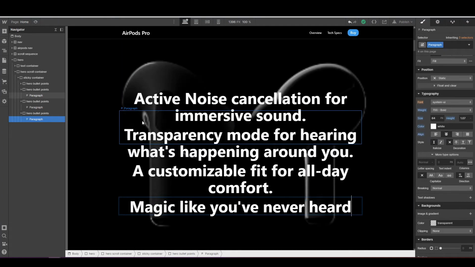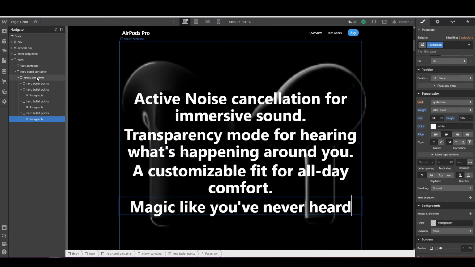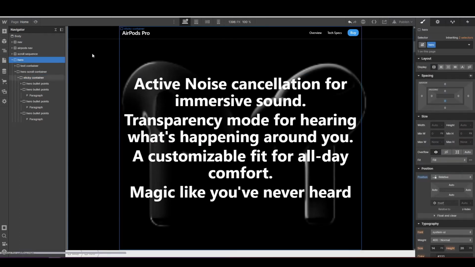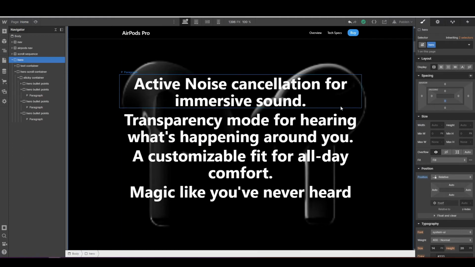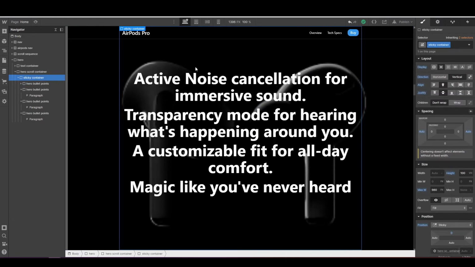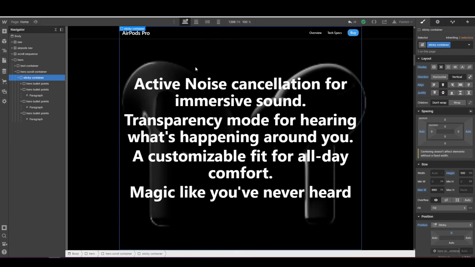finished. So the parent div is sticky here, sticky container, and you just stick it to the top until the 600, which is the height. The total height of the hero is now 600, and until that one is going to the end, the sticky container just sticks as we scroll down. And next we have these